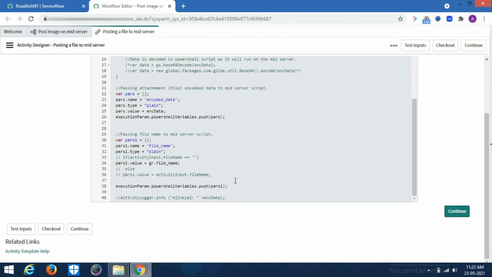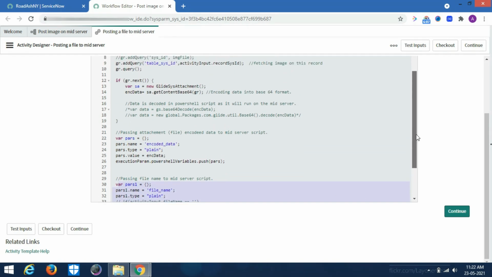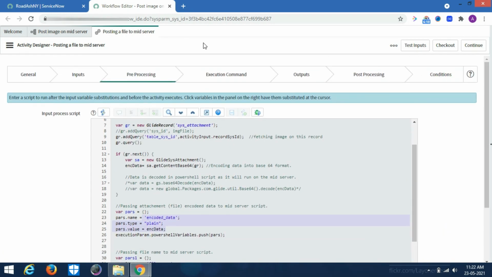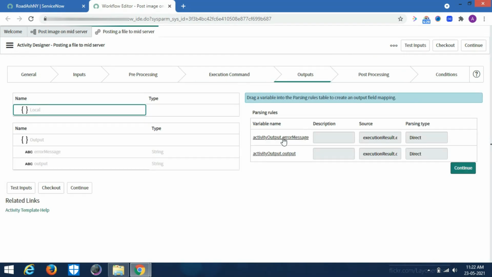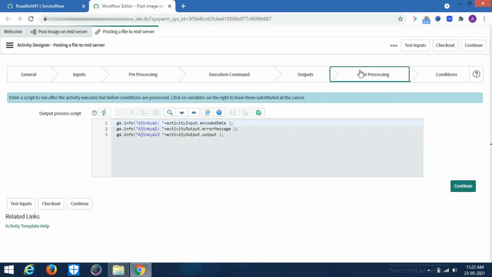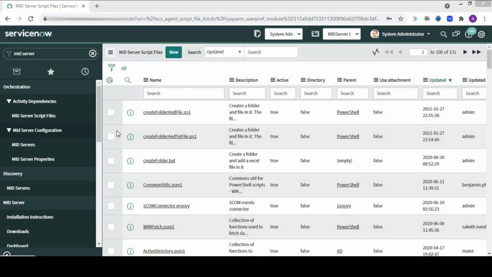You can also give a random name, as I just commented this part, or if you want to have the same name, you can simply pass this. And the third is our main attachment, which will be passed as base64 converted encoded data, right? And that's it. After that, there are outputs, post processing, and conditions, but I didn't spend much time on these things.